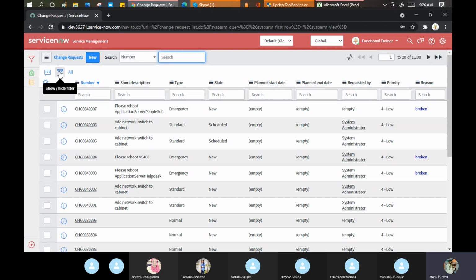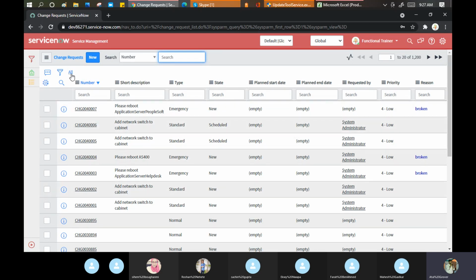Funnel icon. Why am I telling you these words or the icon names? Because when you go into the industry, when you talk to your customers, you will not say, boss, click on this filter. No, it has a standard name called the funnel icon. This is a gear icon. This is an additional action. This is a context menu. This is a setting button. This is a connect chat. This is a global search. By the symbols we tell the customer, because if you take the wrong term, the customer will also understand it wrong. Now I'll tell you how I can do the filtration here.